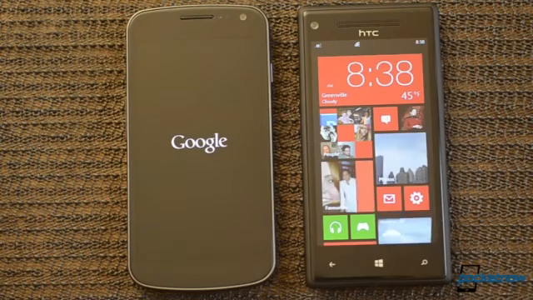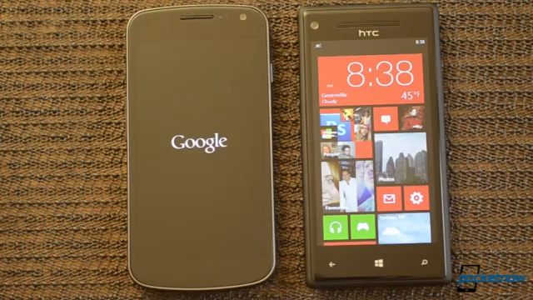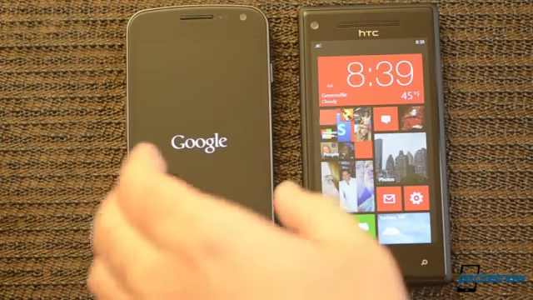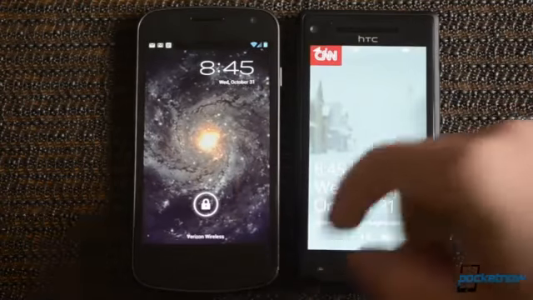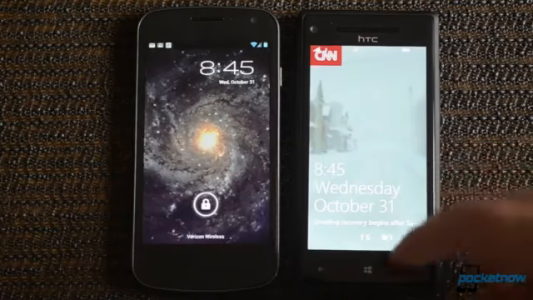I think the Nexus may have frozen, because it really shouldn't be taking that long, so I'm going to cut the video and pull the battery out. Okay, it took a few reboots, but we got Android 4.1 running on the Galaxy Nexus, and here we are